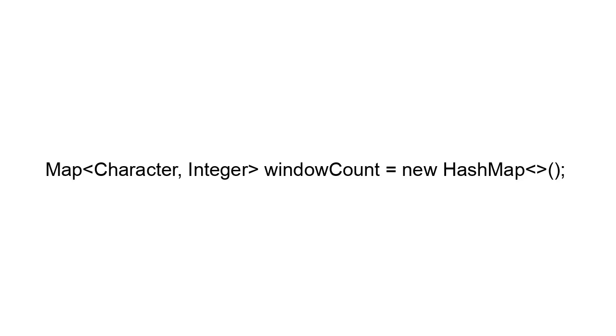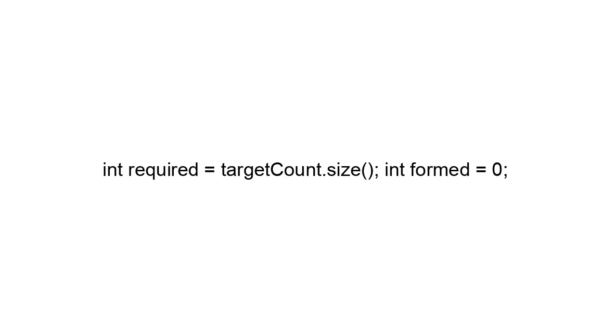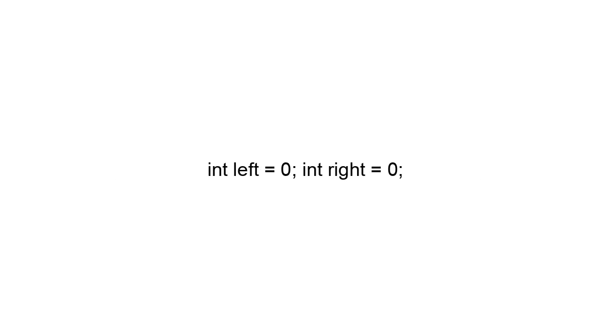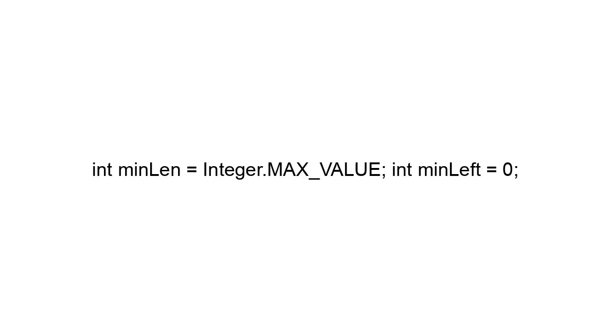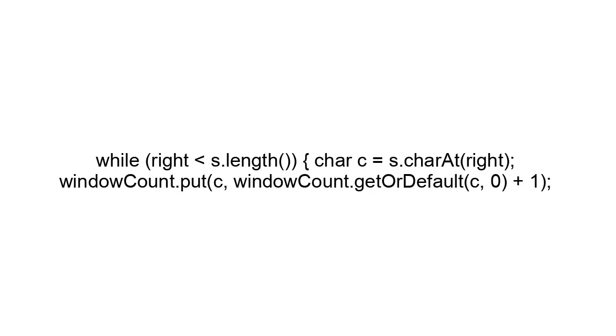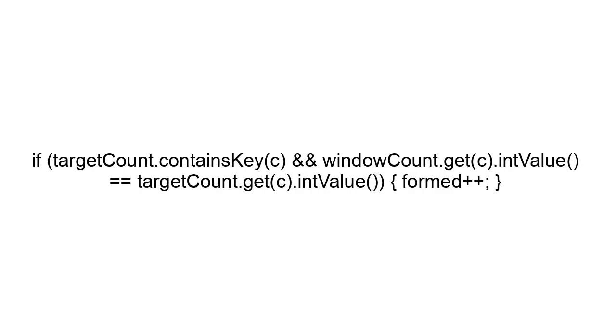Map Character, Integer windowCount equals new HashMap. Int required equals targetCount.size. Int formed equals 0. Int left equals 0. Int right equals 0. Int minLen equals Integer.MAX_VALUE. Int minLeft equals 0. While right less than s.length, char c equals s.charAt right. windowCount.put c, windowCount.getOrDefault c, 0 plus 1. If targetCount contains key c and windowCount.get c intValue equals targetCount.get c intValue,